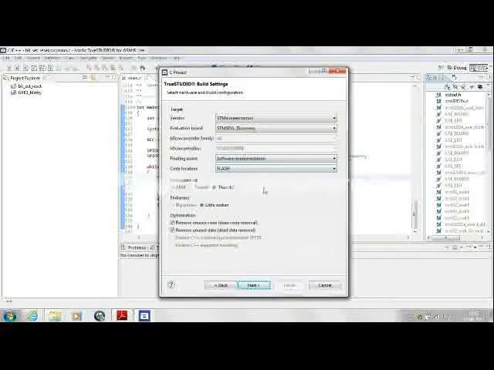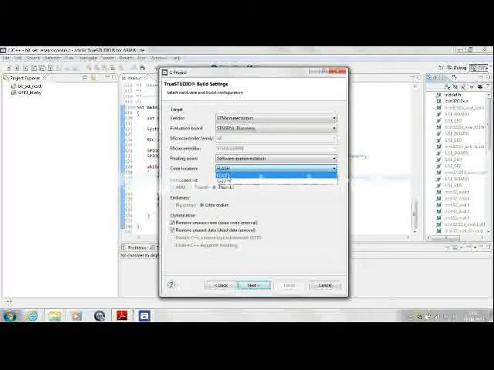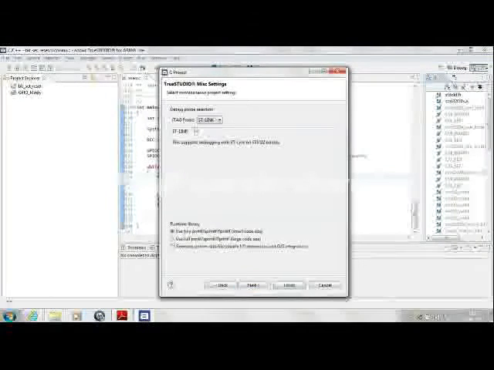Floating point is automatically selected as software, and you have an option of locating your code in the non-volatile section, that is the flash section, or you can locate your code in the volatile or the RAM section. We will put the code in the flash section for now. Other optimizations are available here, and the endianness and the instruction set, that is the Thumb-2 instruction set, is fixed for the given target. Go to next.